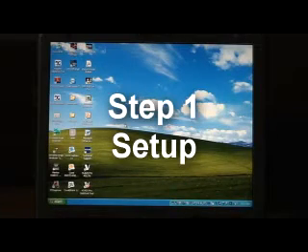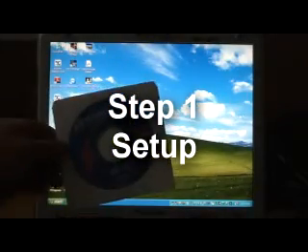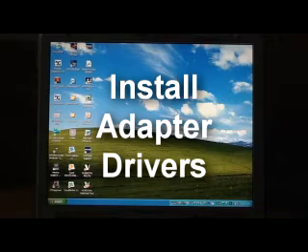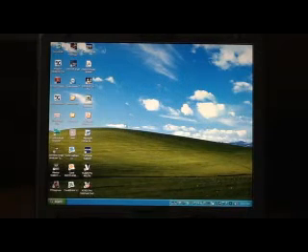The first step is your adapter driver. You must install the adapter drivers that came with your adapter prior to connecting with PF-Diagnose. Once you've installed the adapters that you will be using, start PF-Diagnose,